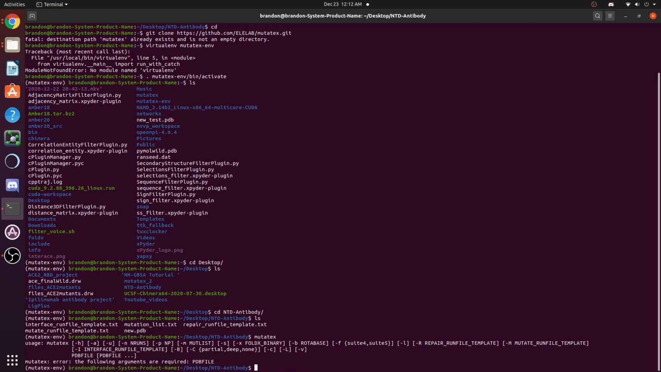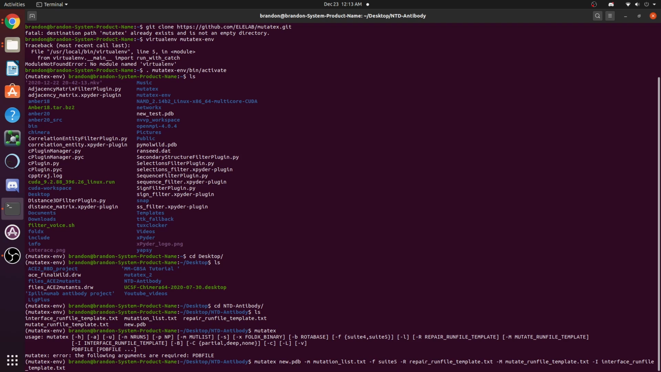So let's just retype all this stuff. So mutate X, new PDB, the mutation list, suite 5, repair run file template, the mutate run file template, the interface run file template,